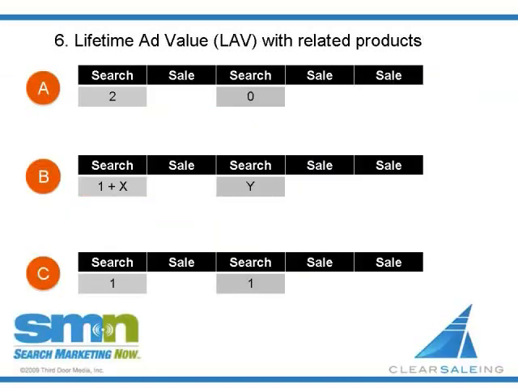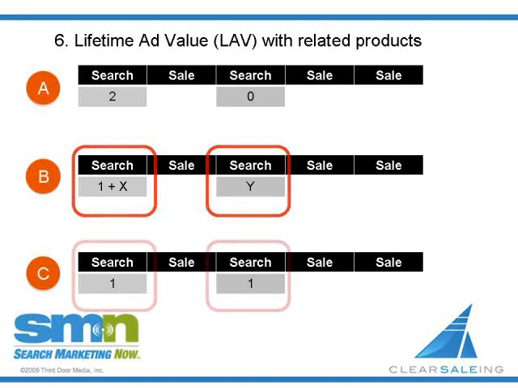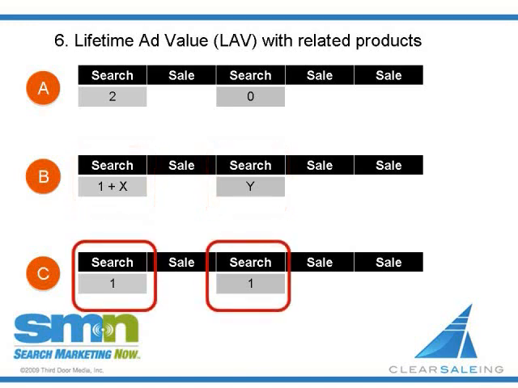In Attribution Rule A, you believe the first search should get credit for the sale of the peanut butter, and because the 2 products are so closely related, the first search should also get credit for the sale of jelly as well. If you vote for Attribution Rule B, you believe the first search gets credit for the first sale and a percentage of credit for the next sale as well. The second search also deserves a portion of credit for the second sale. And if you voted for Attribution Rule C, you do not believe in lifetime ad value and think that each search gets credit for only the sale that directly follows it.